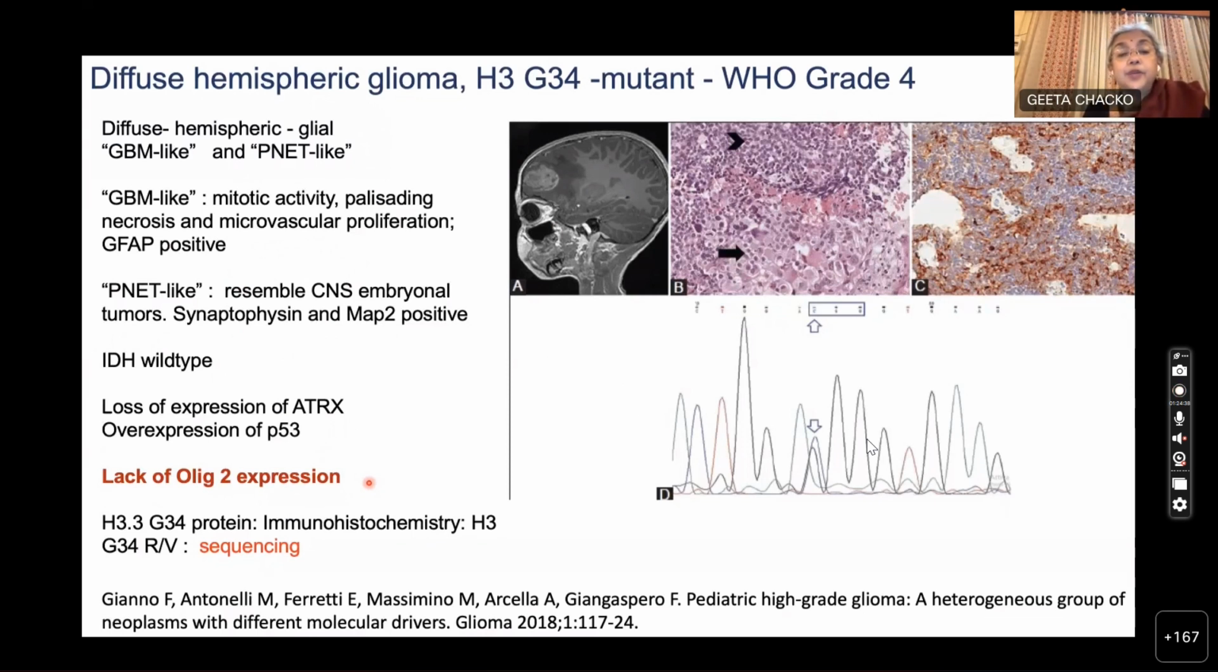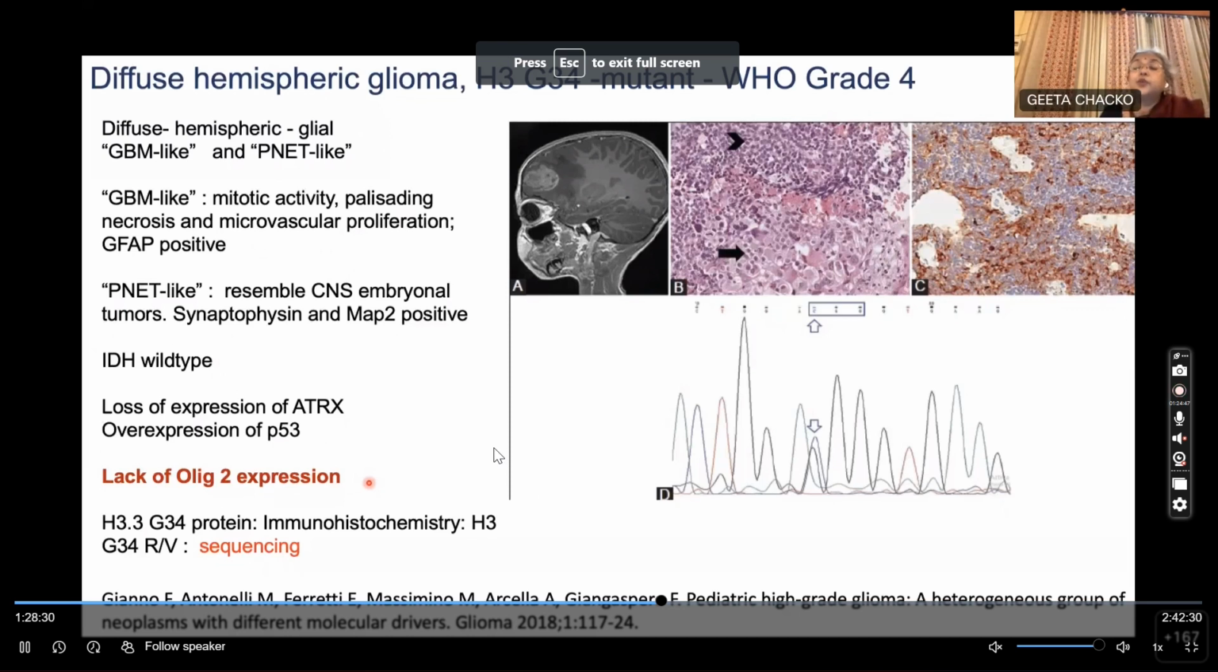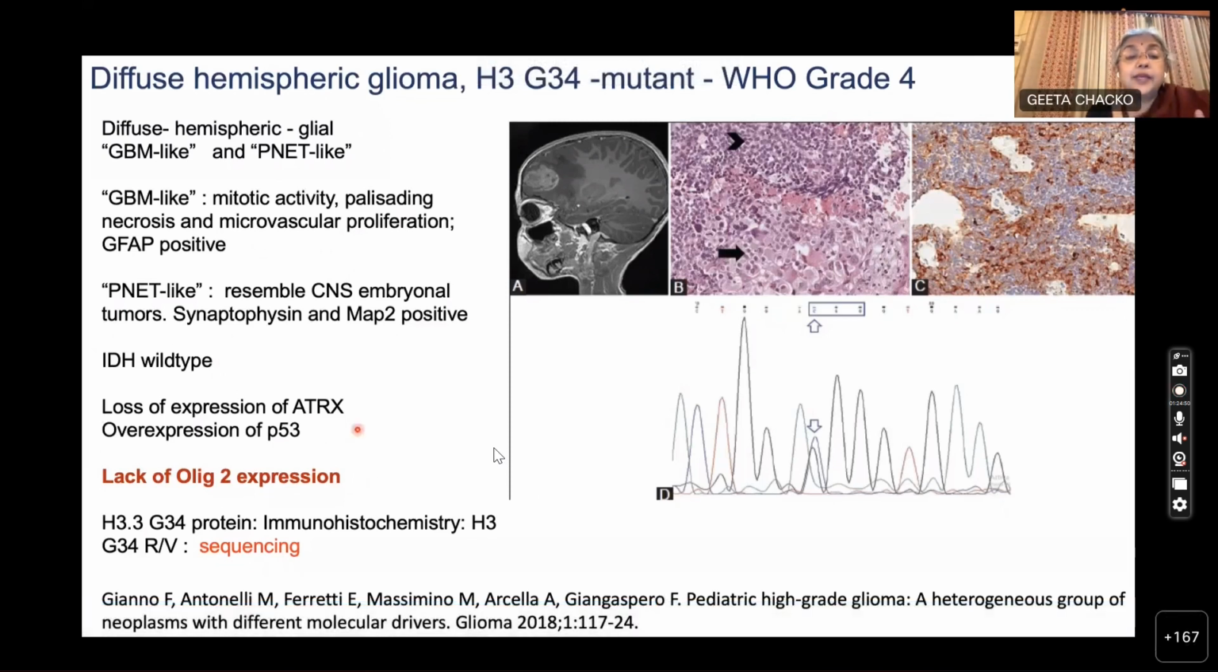So normally, when you see a high-grade tumor, you're thinking of a glioblastoma, astrocytoma grade 3, or even, if it's neuroectodermal-looking, a primitive tumor. But they will have loss of expression of ATRX, which suggests that it's a glial tumor. They have overexpression of P53, again pointing to astrocytic morphology, but they have absence of OLIG2. When these three are seen together, one has to think of this entity. Ideally, by sequencing, you demonstrate the replacement of glycine with arginine or valine, but otherwise, there is a specific immunohistochemical marker available